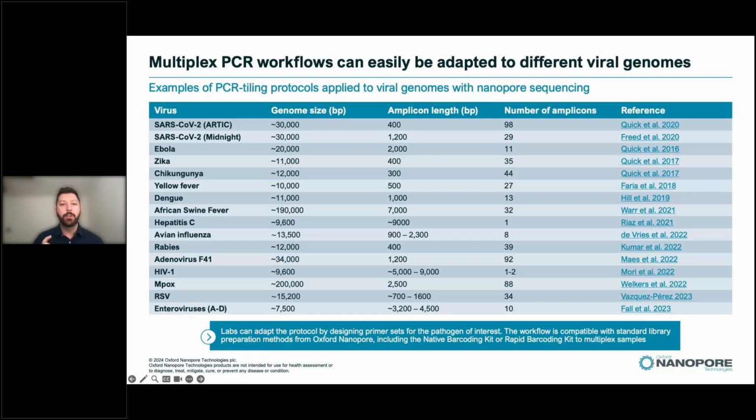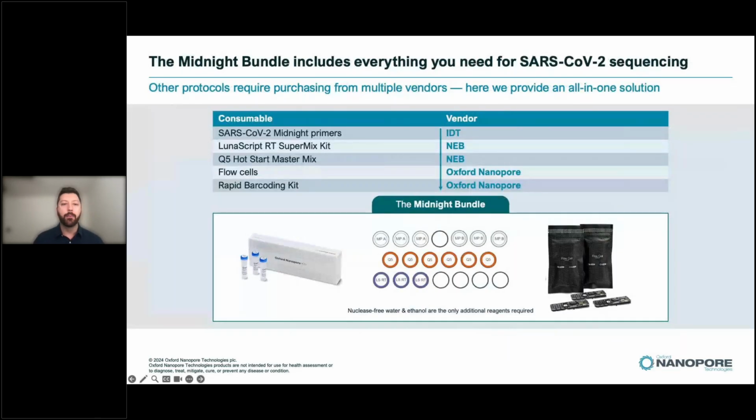So again, that's quite a tunable approach where you can generate PCR data and run it on nanopore sequencing. So low cost, but it also alleviates you from having limited short amplicons. We have a fully kitted solution, again offered through our partners at Avantor, that has all of the reagents